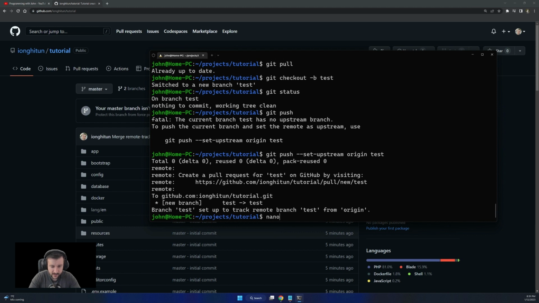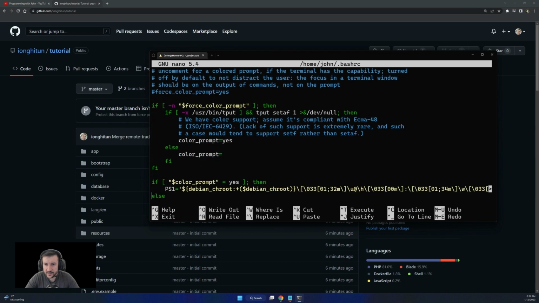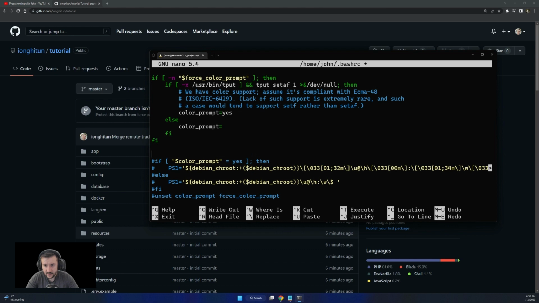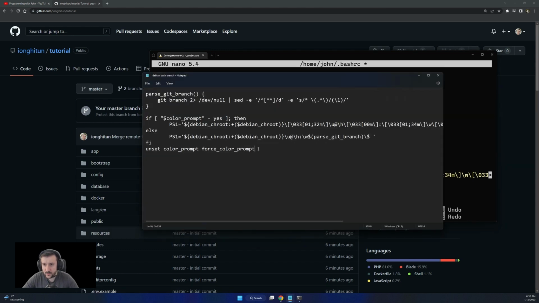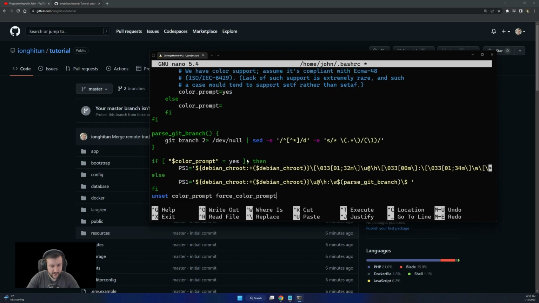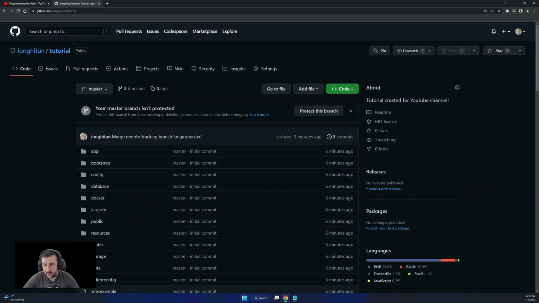In order to do so, I'm gonna do nano, and then it will be profile, and then bash rc file. Going in here, if we scroll down, we're gonna reach color prompt. So we want to comment all of this code and paste this one. So I'm going to get this and paste it, and then save it, and then exit and reopen terminal.